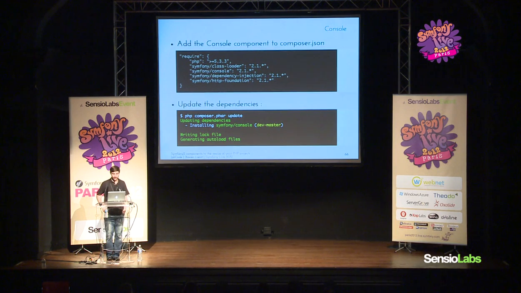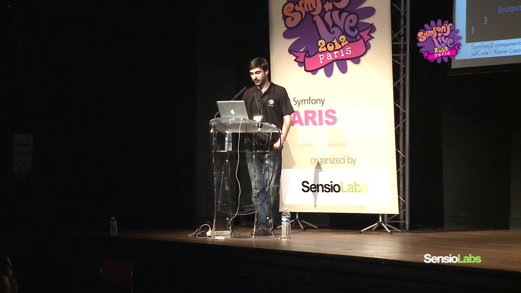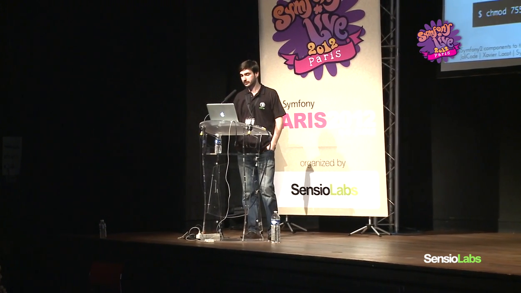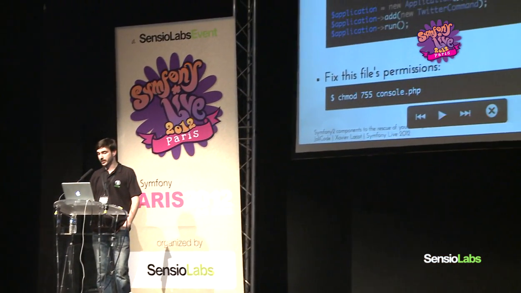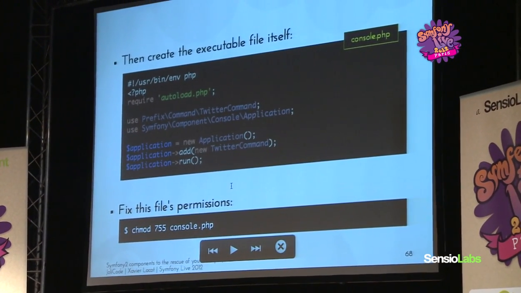So how do we do it? We first install the console component. Okay, easy, update the dependencies, and it's installed. And then we just have to write commands. For instance, here I rewrote a feed grabbing command. It's rather fast. Well, we are missing some use statements, and this class inherits from the command class, and the execute method does stuff and prints things to the output. We also have to create manually the executable ourselves,